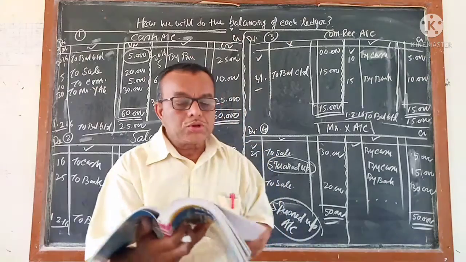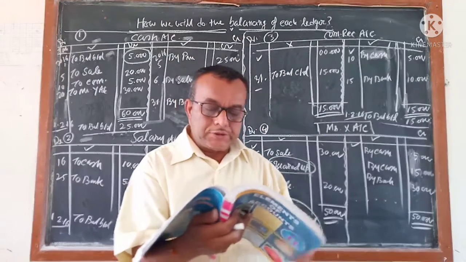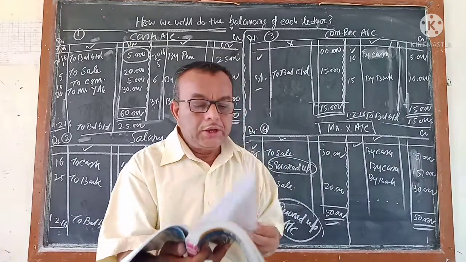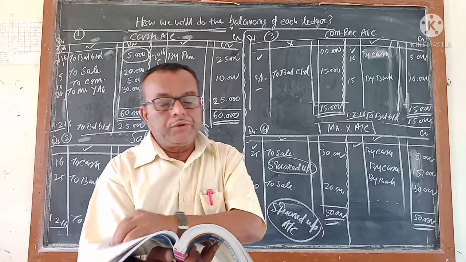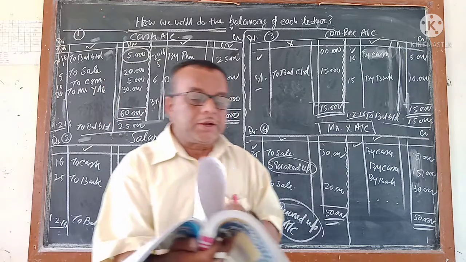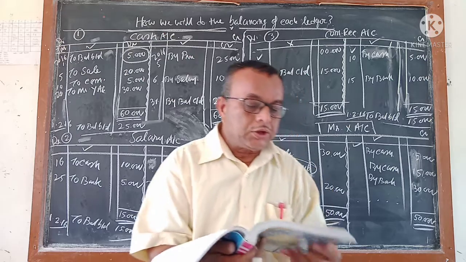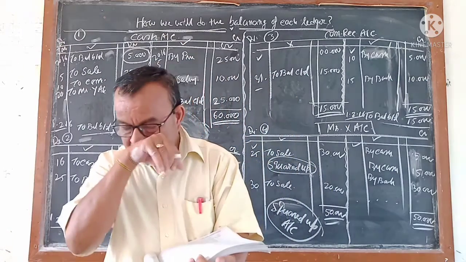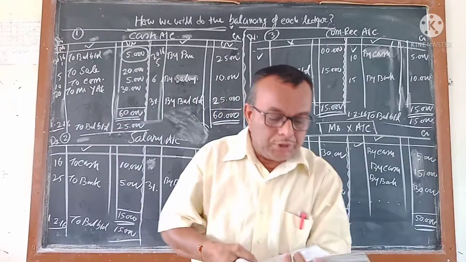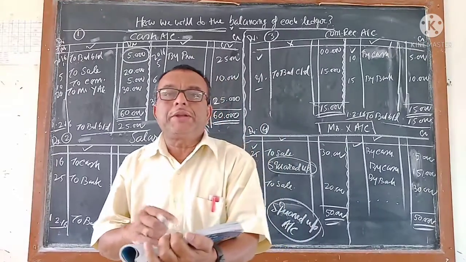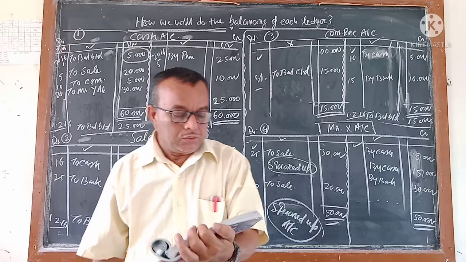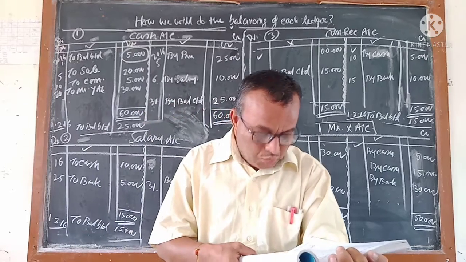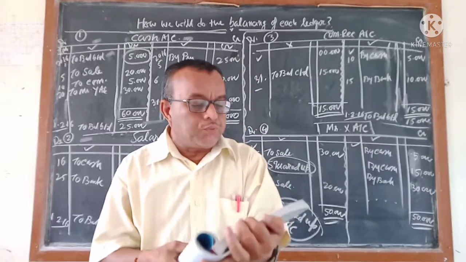Question number 2, question number 3, 4, 5, 6, 7, 8, 9, 10, 11, 12, 13, 14, 15 and 16. All this practical as well as theoretical, all the questions you have to write in the fair book. Fair book is compulsory. Don't think that there is no need to write the fair book. Make the habit to write the fair book. Okay? Then page number 244, question number 4.